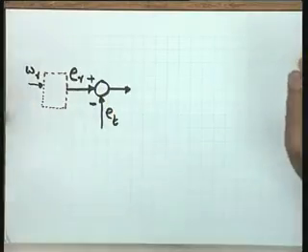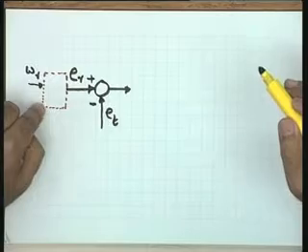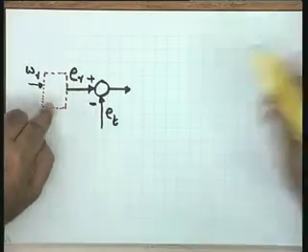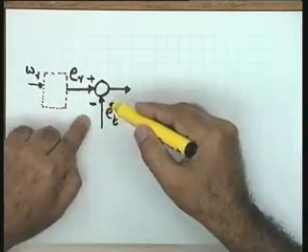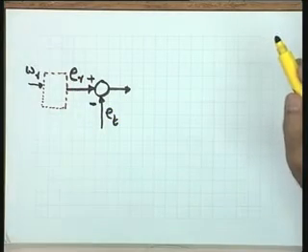So, look at the unit now. What is this circle in terms of the physical system? This dotted block in terms of the physical system is your potentiometer. This circle, the so called error detector or the summing junction, in terms of the physical system is an op-amp, because the op-amp is getting the two signals ER and ET and is generating a signal which is proportional to the difference of the two, and the proportionality constant is RF by R.